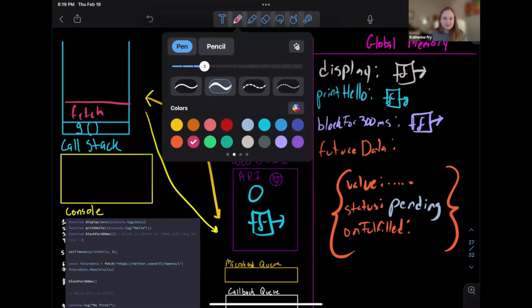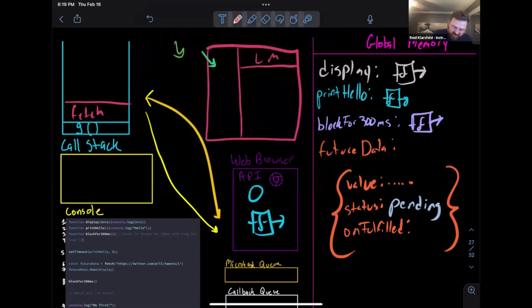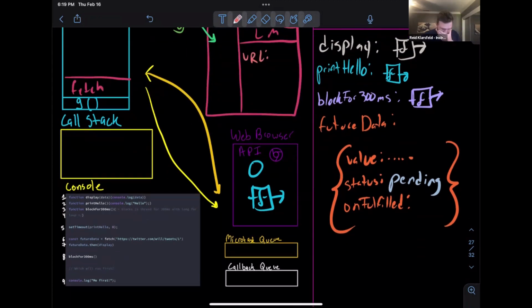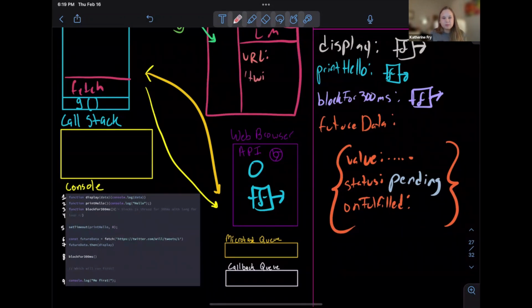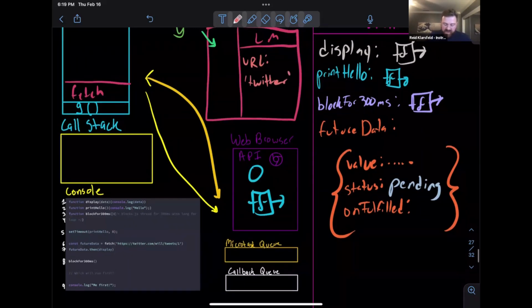Exactly. Which means there are thread enters. And again, we don't exactly know what the parameter is, but let's just say it's URL. And what's its value? The URL on there, like HTTPS, like Twitter. Exactly. So we'll just call it Twitter. Okay. Now,